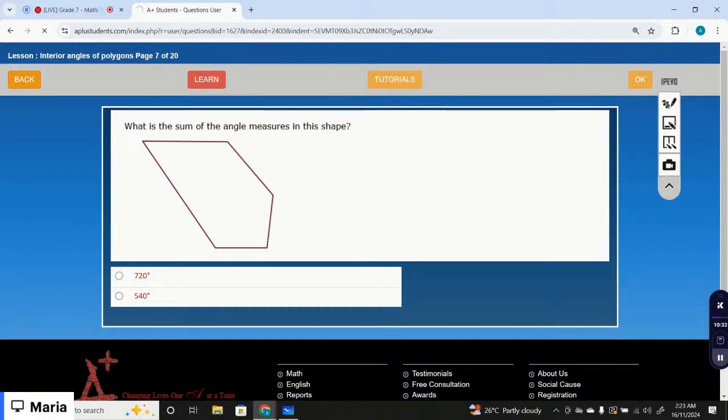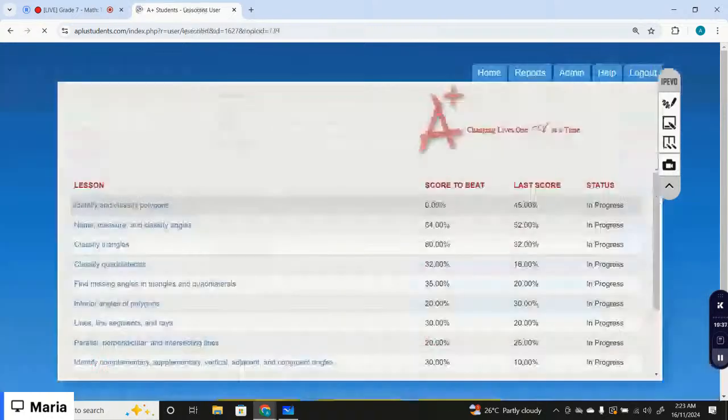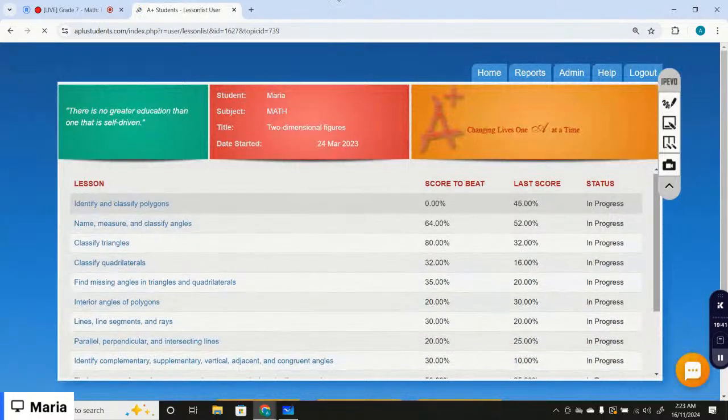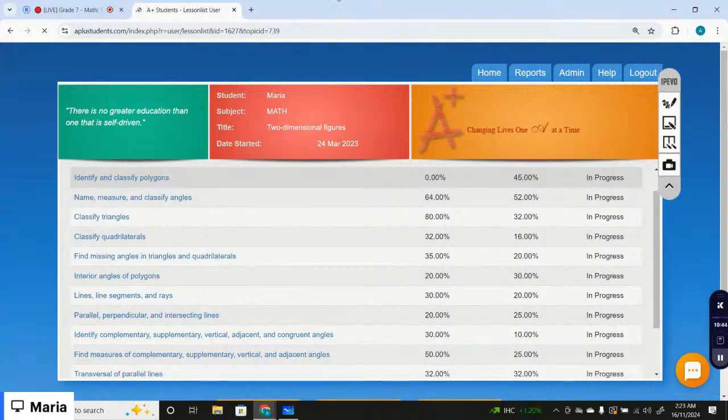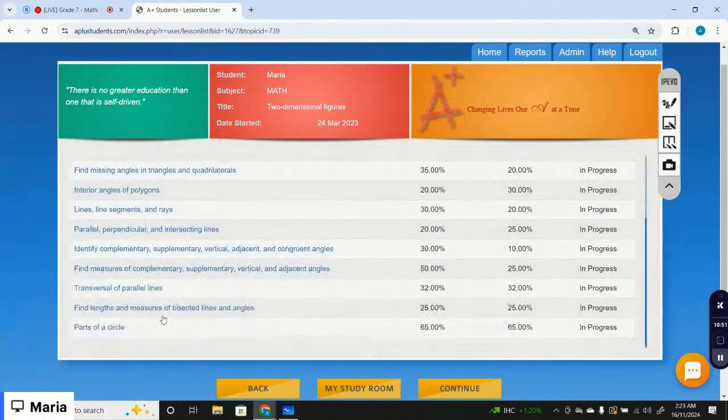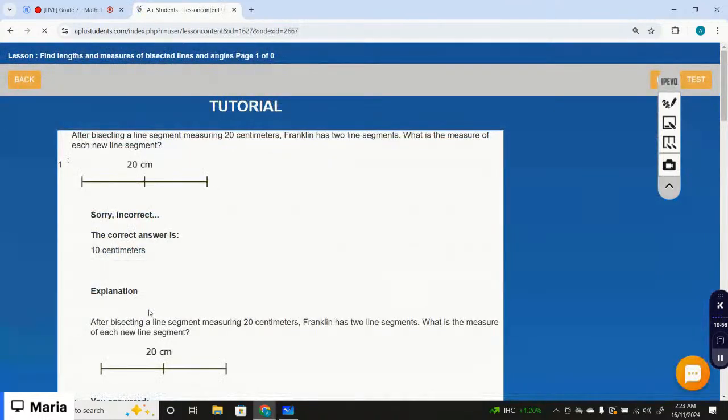And the next lesson is find length and measures of bisected lines and angles. After bisecting a line segment measuring 20 centimeters, Franklin has two line segments. What is the measure of each line segment? So,